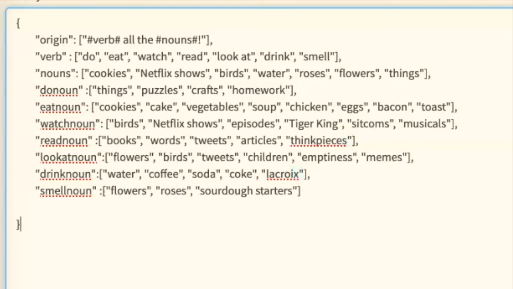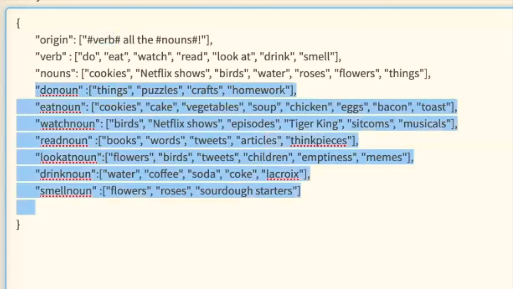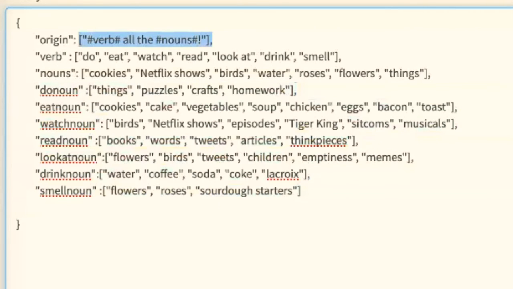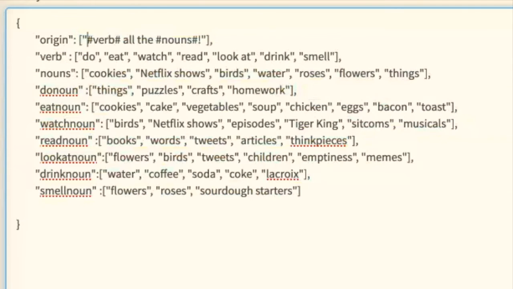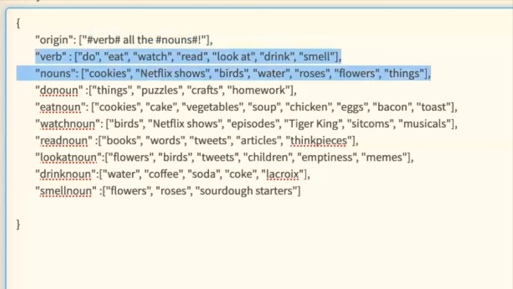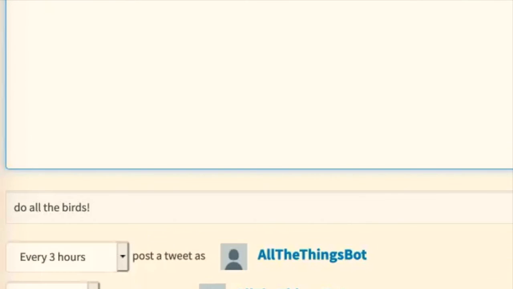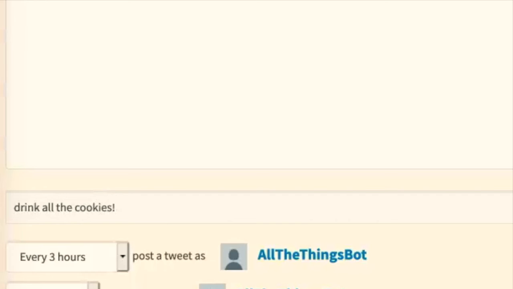Right? So now our next step is that we need to go back to the origin and figure out how we're going to get all of these nouns into the origin, because right now we don't have anything in our origin or in any of our other rules that reference these particular new rules. We only have verbs and nouns, so those first two rules being referenced. So even though I've built all of that, if we go back down, you'll see that it's actually not working